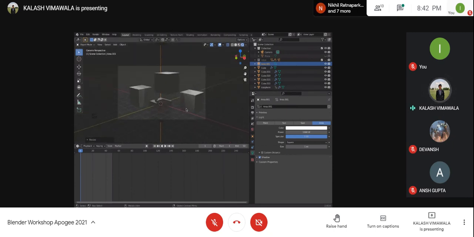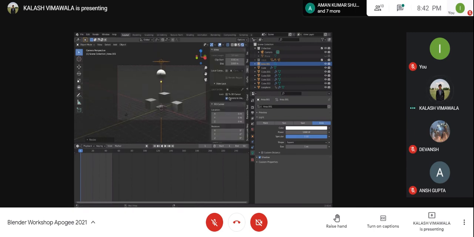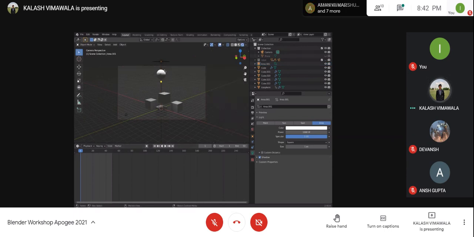Now we can lock camera to view, zoom out a little so that we can see the complete scene. Okay, and I'll just click over here. All right, so now once you play with the spacebar, you can actually see the mesh flowing about the cubes.